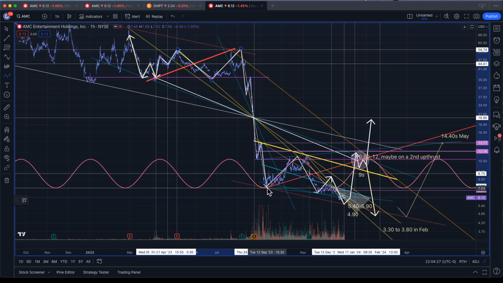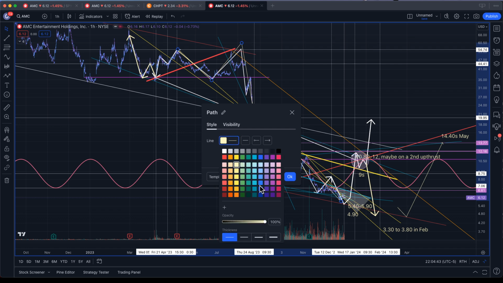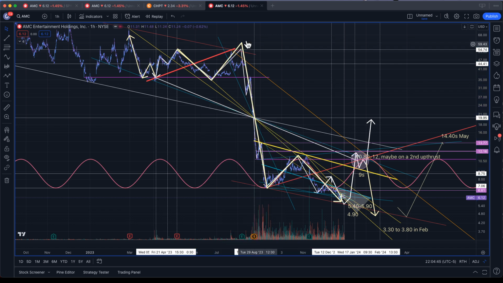Let me try to show you what I mean. I think this is the main rotation, is what I'm trying to get across. If I can get it to do what I want it to do. Yeah, this is basically the main rotation right here. This bounce is like a U shape. This bounce is a little more like a bouncing M shape. Okay. And then the rest of this,